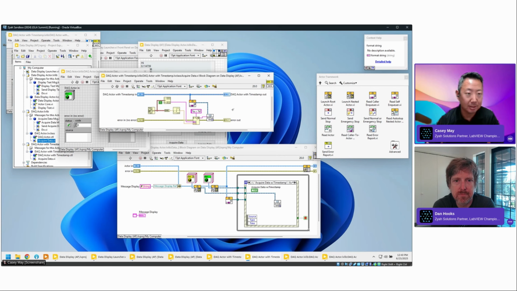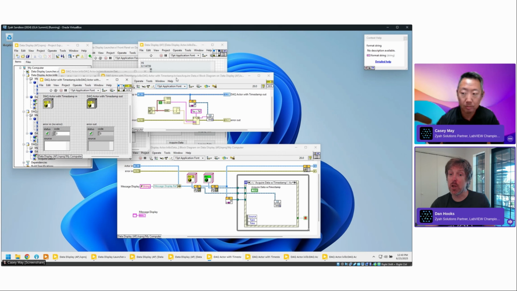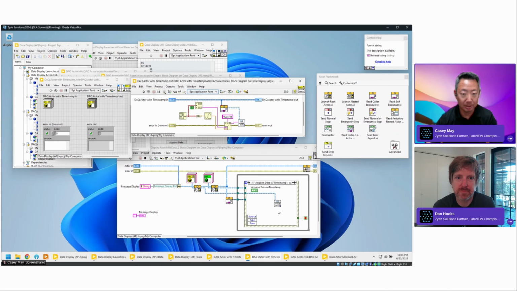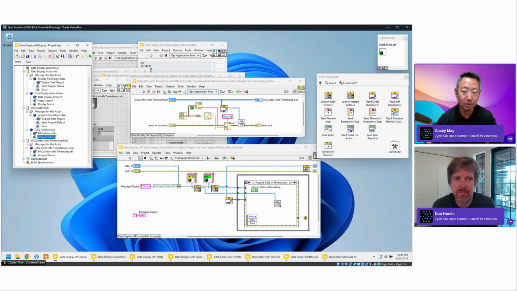There's a question in the chat, Dan. No, it's inheriting the entire message class and the send VI and everything else from the first actor. We're just overriding that one VI that does the thing. So the second actor will do the thing differently. Again, I'm using the same VI and sending the same message, but how it executes that message is different between the two. And since only the execution of that message is different, that's the only part I need to override or change between the two actors. So now if I run this code,